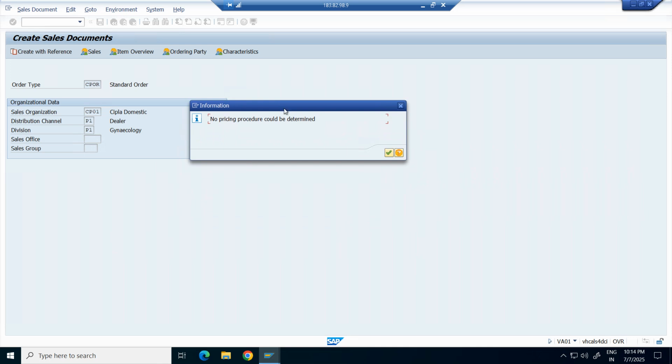Combination regards OVKK we have to maintain for this. Sorry, RVAA01, that is also a pricing issue. Read this first: no pricing procedure could be determined. I'm talking about the pricing procedure. The system is giving the information clearly, asking to maintain the pricing procedure. OVKK is to maintain the condition record for the condition type. Okay, so the pricing procedure T code is